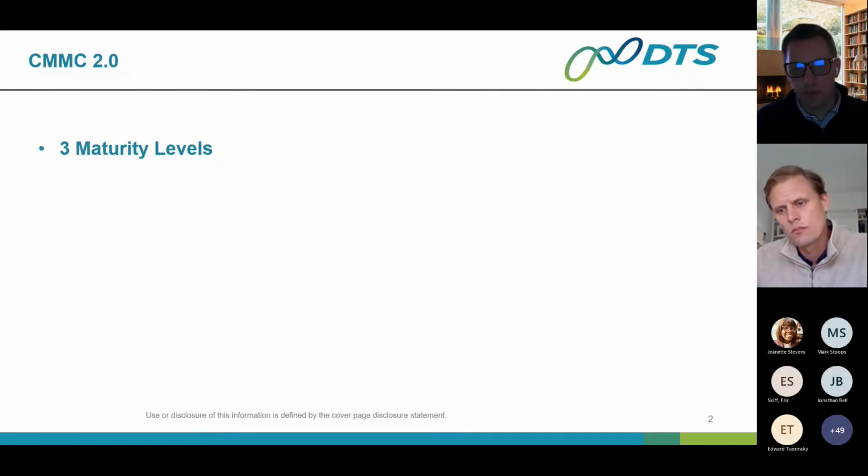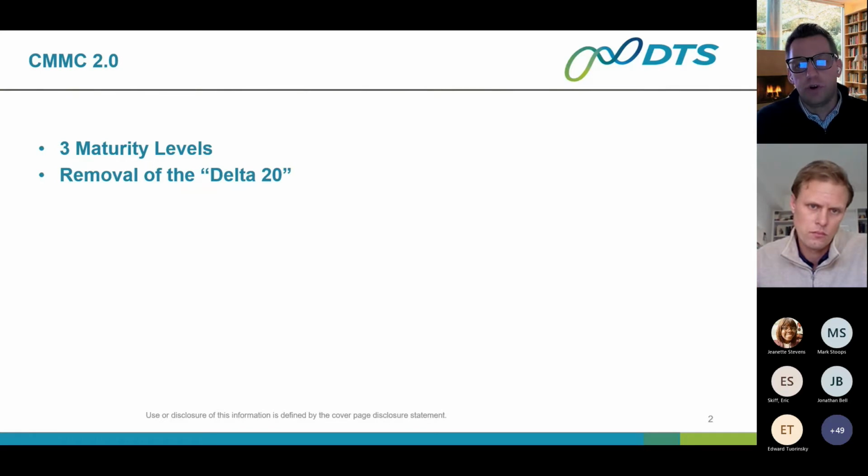This was, in their words, a cost-saving measure. The next point is that they removed the Delta 20 from the new maturity level 2. In the statement about CMMC 2.0, which was very short, a 4-pager released in November of 2021, they directly aligned maturity level 2 with NIST 800-171, which means that we're back to the original 110 controls